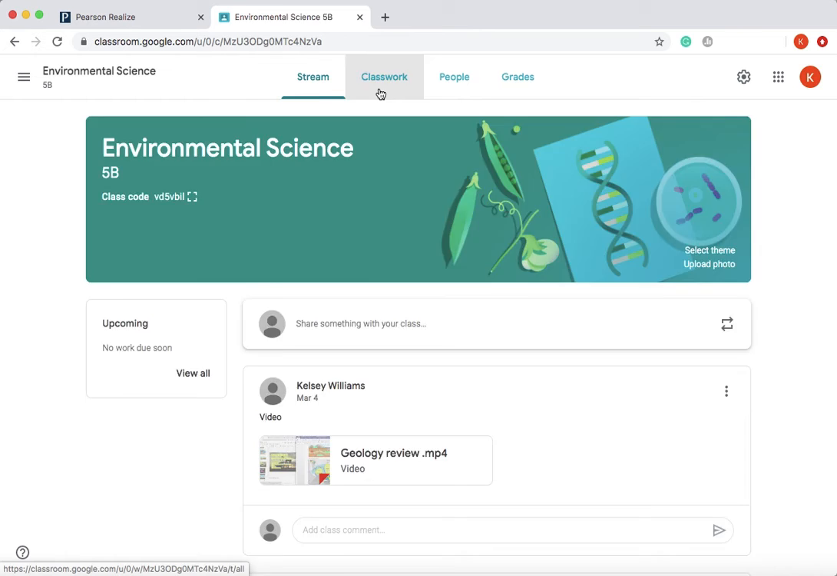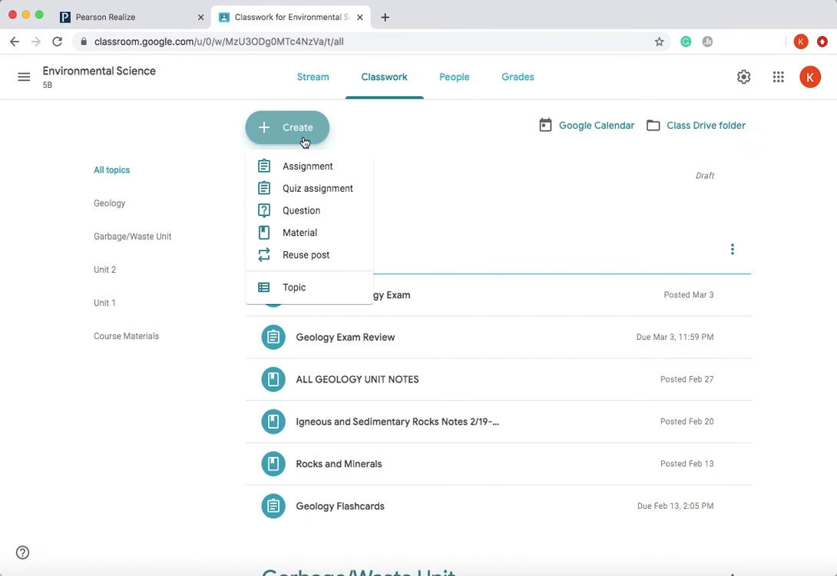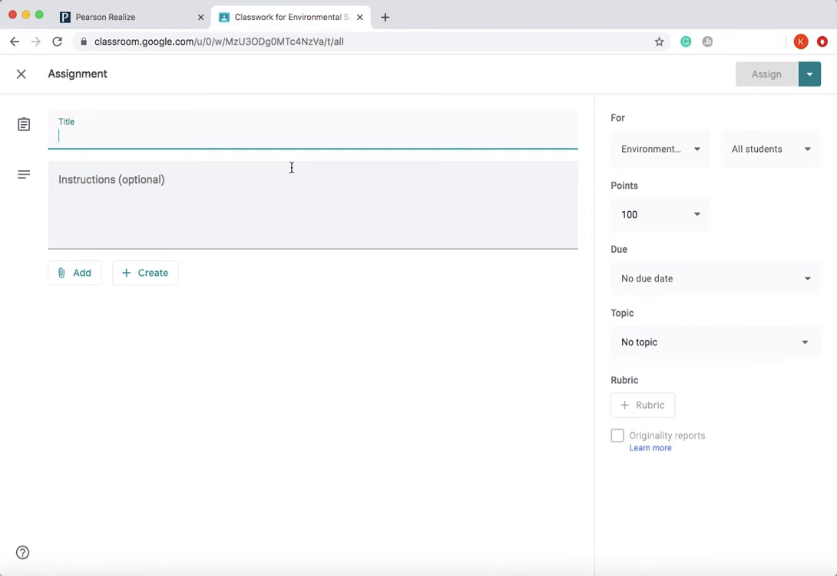You can click on Classwork, go to Create. I think you use Google Classroom for your classes, so you probably know how to do all this. Click Assignment. You can say, 14.1 worksheet, and then go to Add. Click File, because you want to take that download that you downloaded from Pearson,